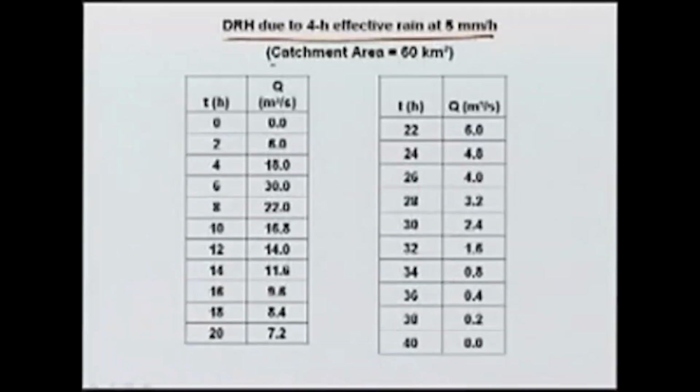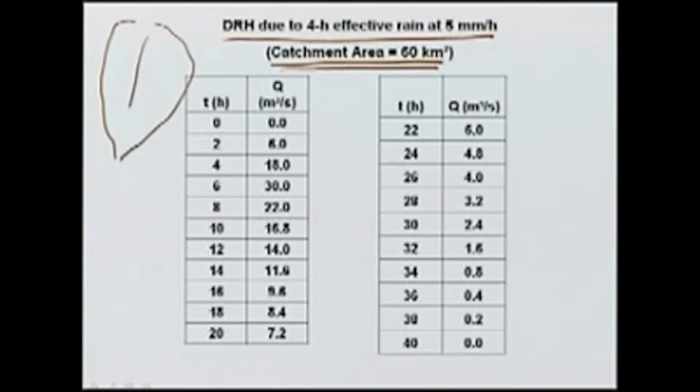So, we have looked at if unit hydrograph for one duration is available, how to get unit hydrograph for any other duration. But now the question is how to get unit hydrograph for a particular duration. So, we will look at some methods of obtaining, let us say, a 4-hour unit hydrograph. So, in this case, suppose we have a catchment which is of area 60 kilometer square. So, let us see, this is our catchment, and let us say that at this point A, we have a gauging station at which the stream flow record